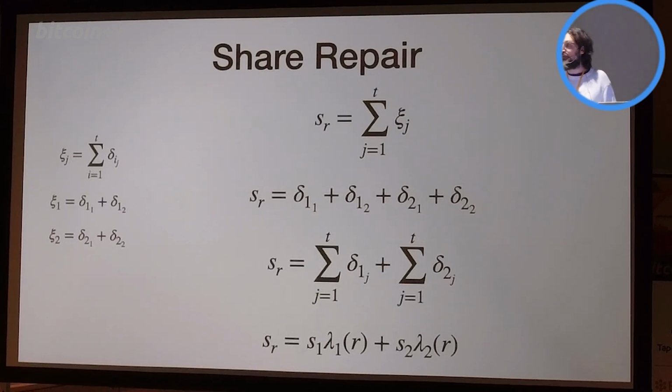Which is an important point, because what we're describing here is all in the passive adversary model. If we had an active adversary who's giving bad data and actually preventing Carol from being able to repair, what do we do? Well, what we can do here is have each participant send a